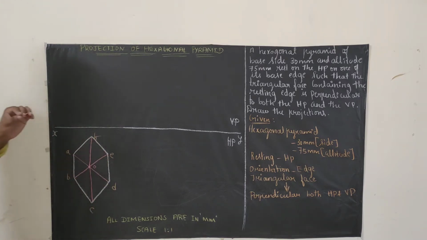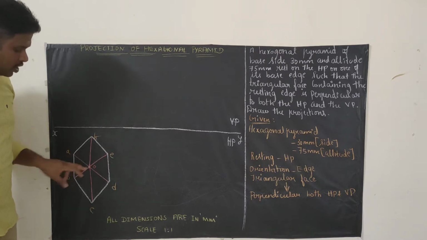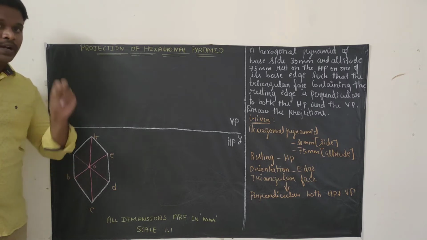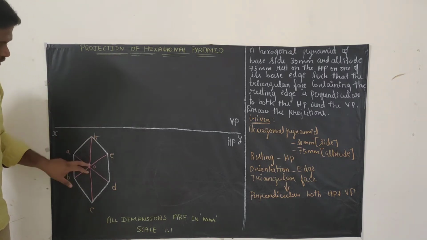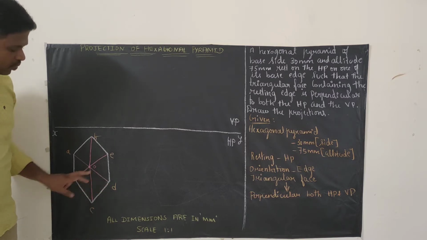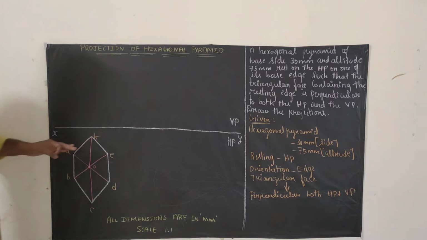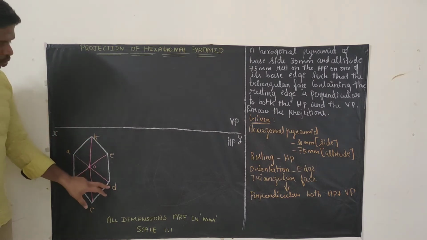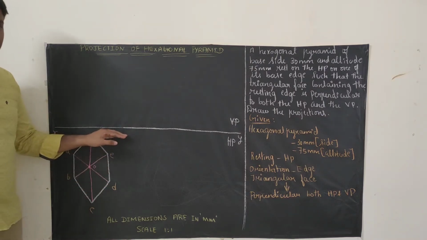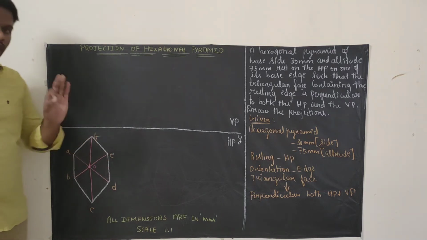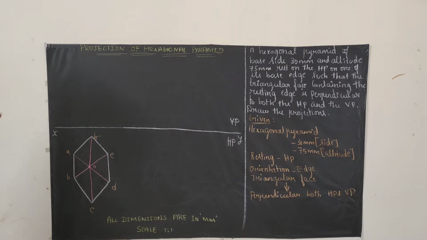After that you need to identify the axis. See here, just join B to E and A to D, you will get a center point. That point is called O. Then join OF and OC. So OA, OB, OC, OD, OE are called the slant edges. Here we won't find a true slant edge. The reason is, see, both OD and OE are not parallel to the XY line. So here we don't find any true slant edges. So these are normal slant edges. Keep those in mind. And right now we have completed the top view of the diagram.